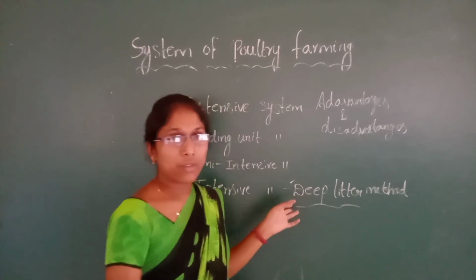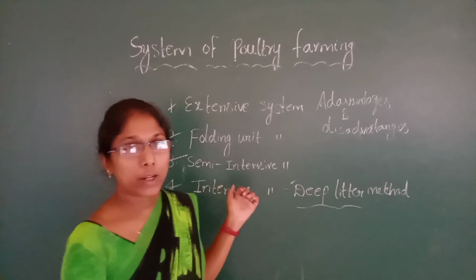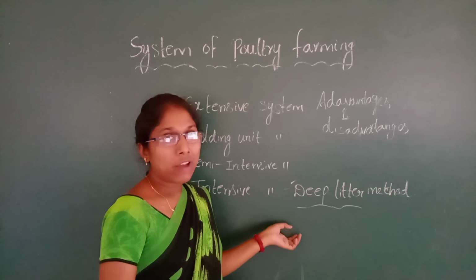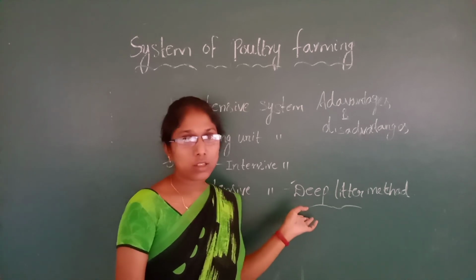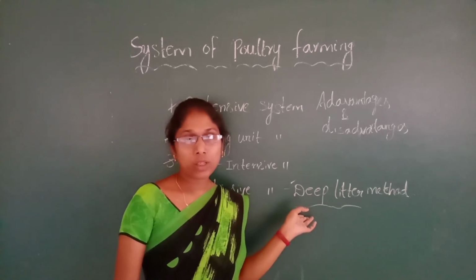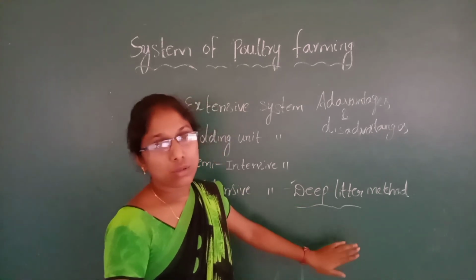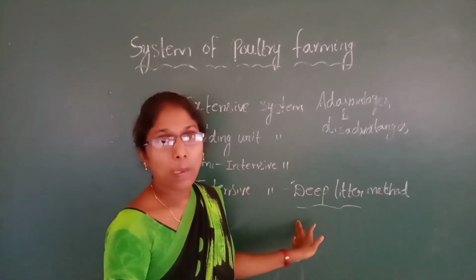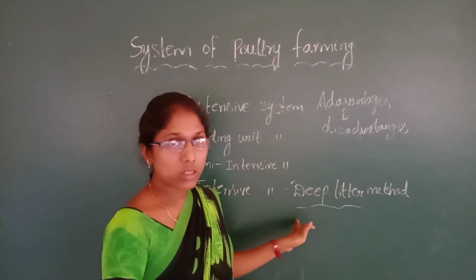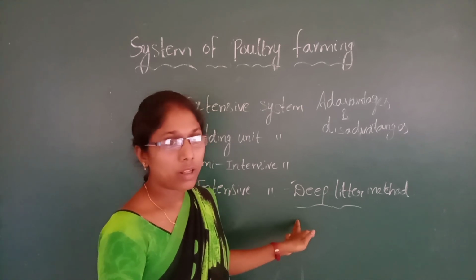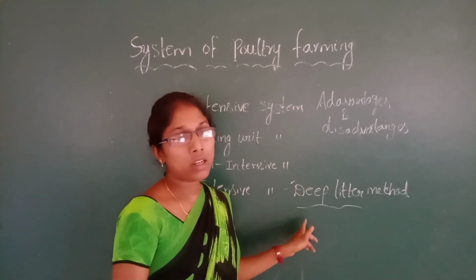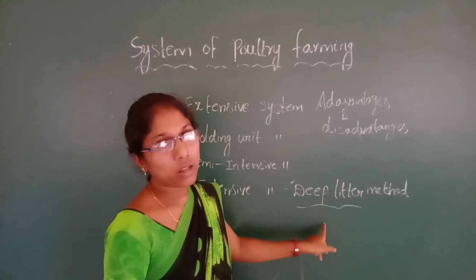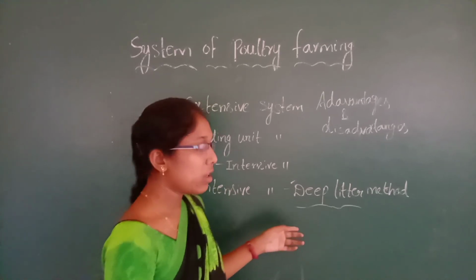The advantages here are no risk of predators, and no foul smell because the deep litter absorbs the droppings. The hens also get animal proteins through the deep litter. After one year we remove the deep litter, which contains 3% nitrogen, 2% potassium, and 2% phosphorus. And the disadvantages: